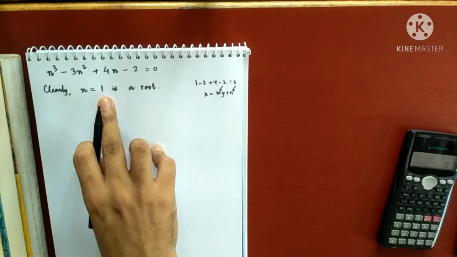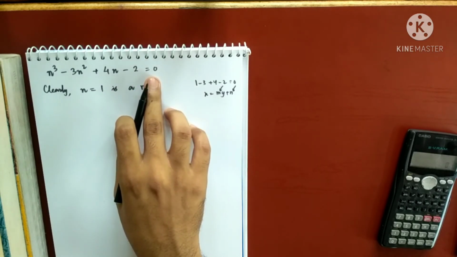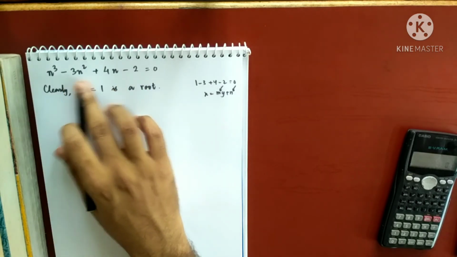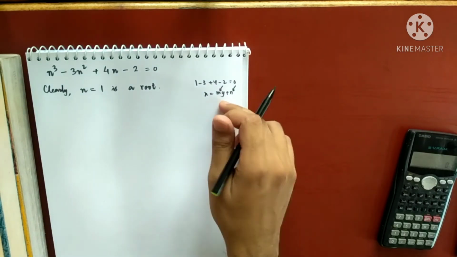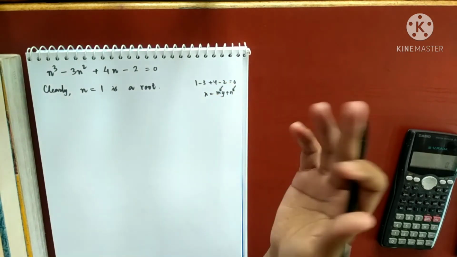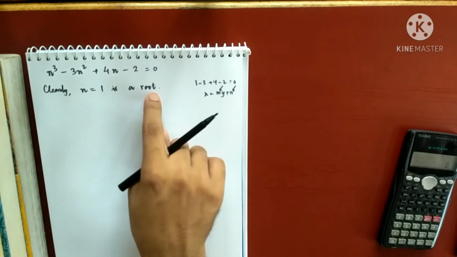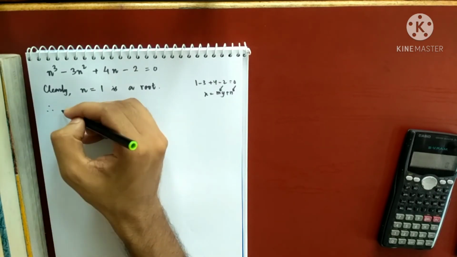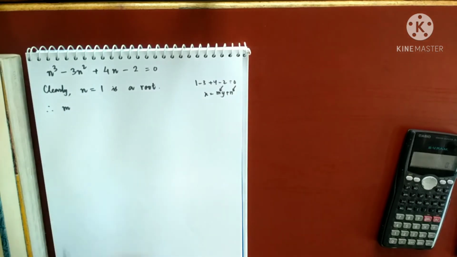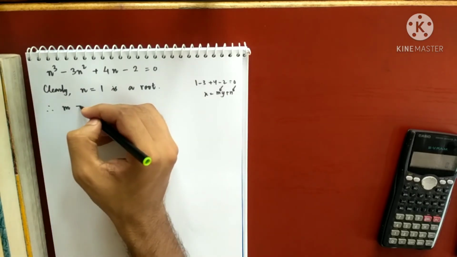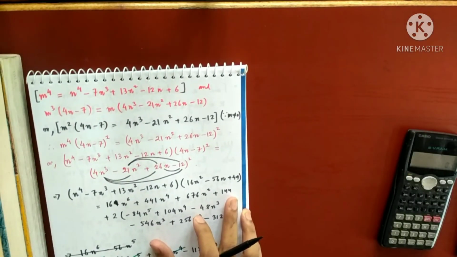One solution is this. If you want to get another solutions also, then divide by n minus 1 and so on. But that is not required, to be very honest, because I need one substitution of the form my plus n. So we're getting n equals to 1. So if n equals to 1, what will be the value of m? Right? So let's see. You can get the value of m from any one of this.